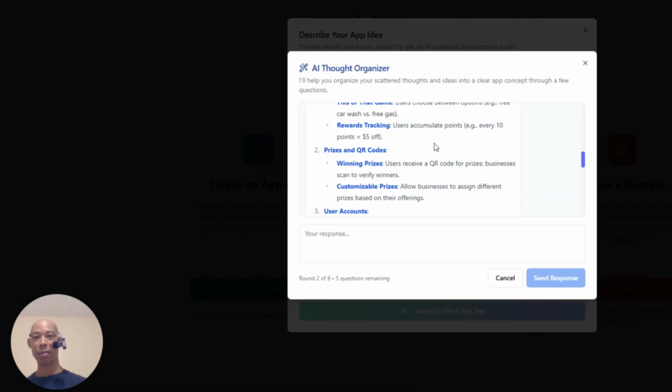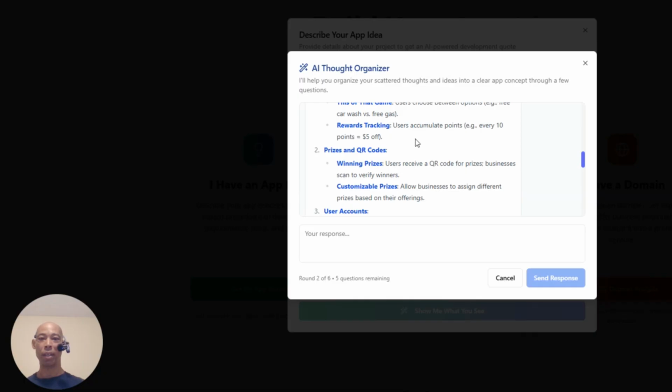So you can say, hey, I'm doing this. I got this app that I'm running, this program and this promotion, and I want to see if you want to sponsor the free gas so that they can actually win free gas, and you'll have new people learning about your business because you'll be the sponsor of the free gas. So